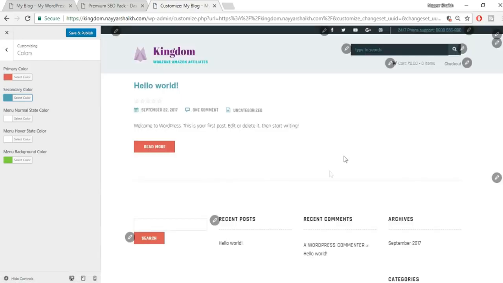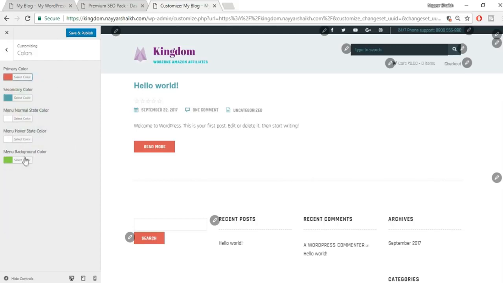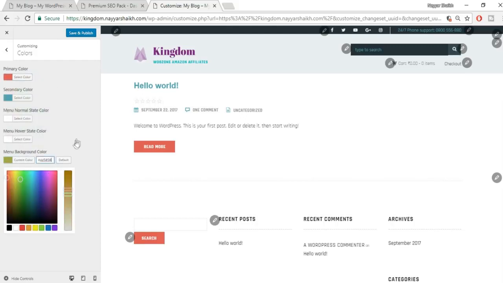Okay, let the changes take place. Now let's hover over this. Now as you can see, both the beautiful colors are over here. Now let's also change the menu background color, that is same as our primary color. So what I'll do, I'll copy the same color from here, go to menu background color and paste in that